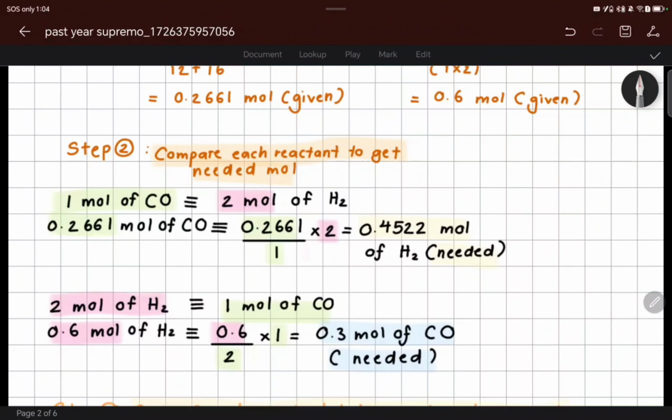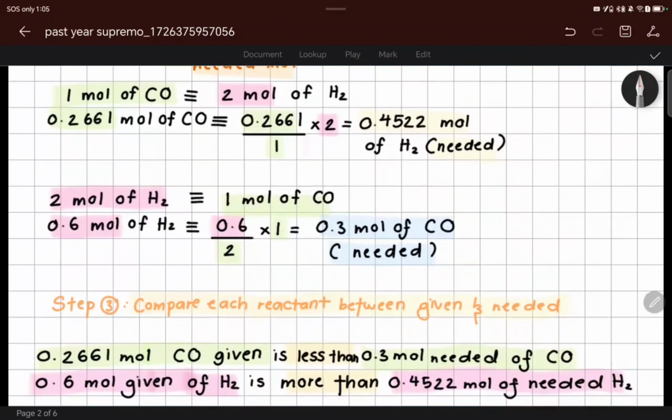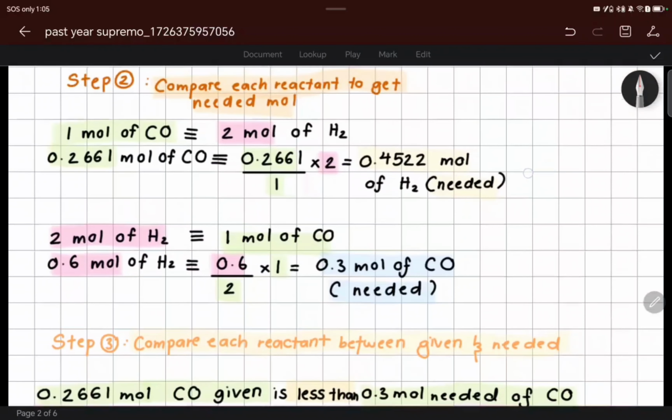So in my case, I always remember bahagi dengan diri sendiri, and then darab dengan jiran sebelah. So CO ni dia bahagi dengan diri dia sendiri, and then dia darab dengan jiran sebelah, which is hydrogen tu ada berapa mol? Ada 2 mol kan? Coefficient mol dia ada 2 kan? So darablah dengan 2. And then same goes if you are a student macam tak pandai lagi nak buat limiting reactant,